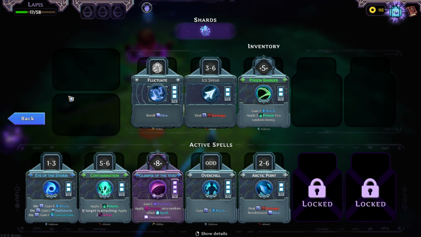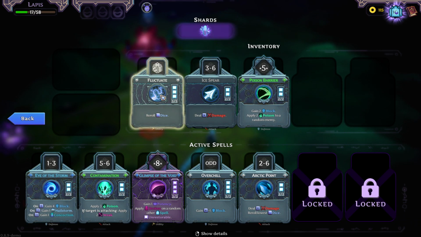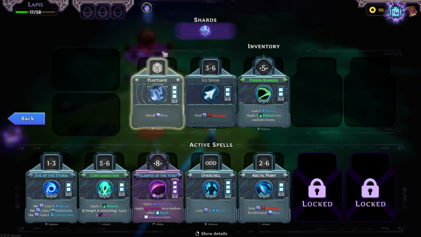Okay, what? I have the Storm, 4 armor. Okay, I have an idea. Because Fluctuate is still so good for the reroll. Just in general. What if I...